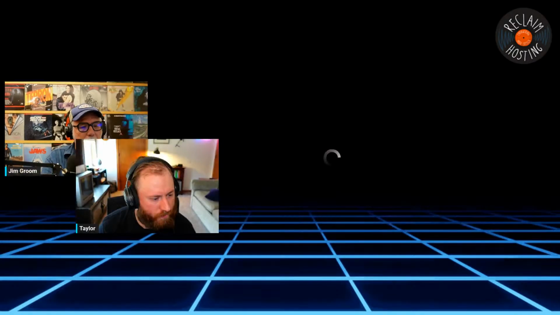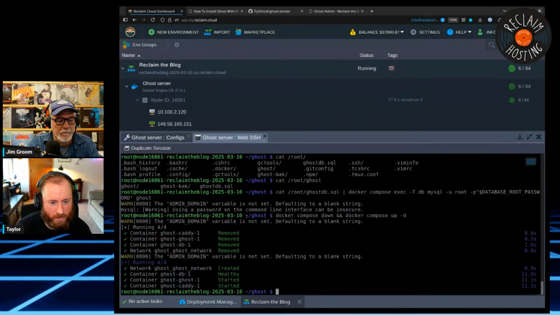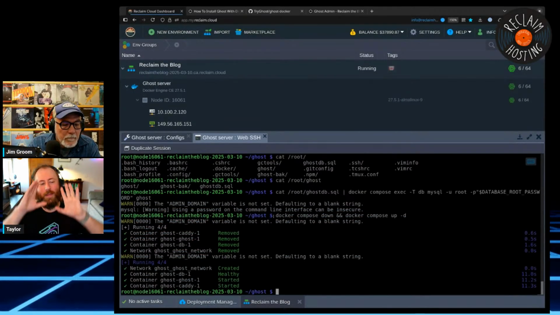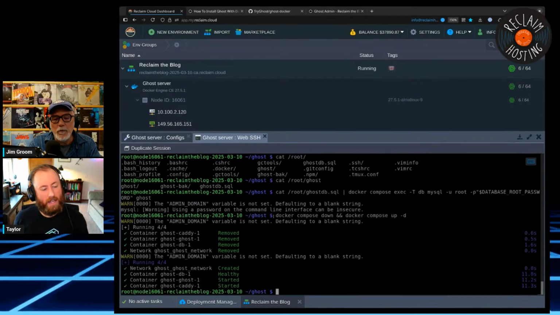Oh, wait. I messed up. Look at this. Oh, wait, no. Okay, I'm mixed up. I pulled the old one up, not the new one. I forgot I moved it to Ghost back. That's the old one. So let me, off screen, look at our Mailgun configuration really quick, because I probably messed something up with that. I didn't copy something properly or whatever.